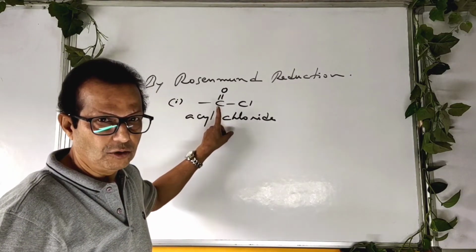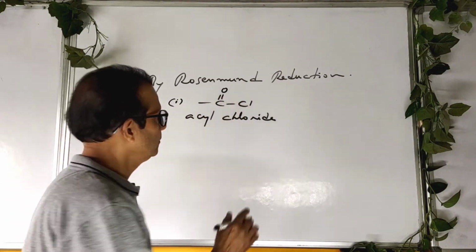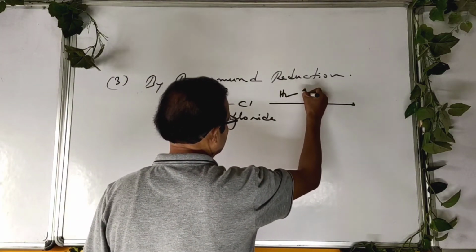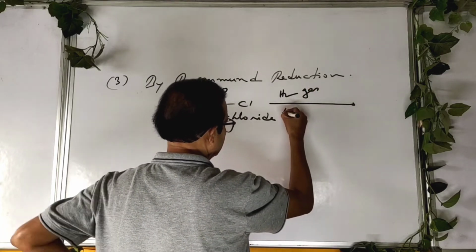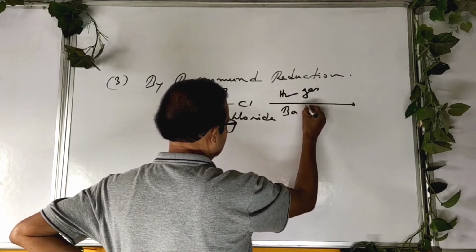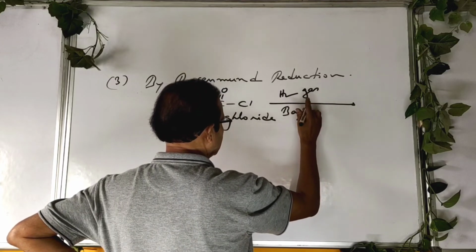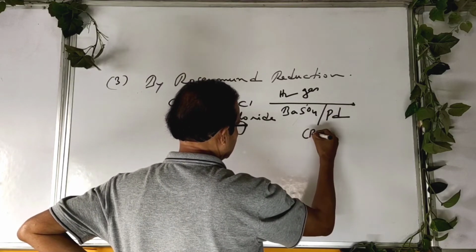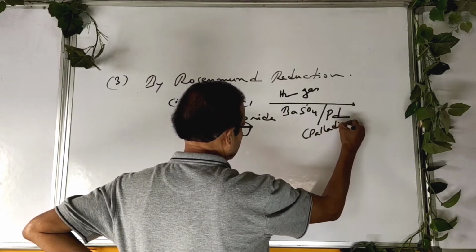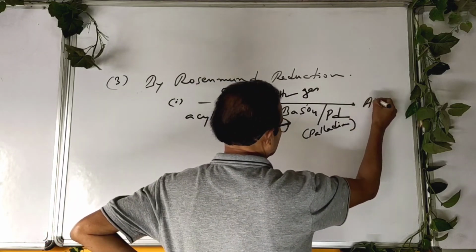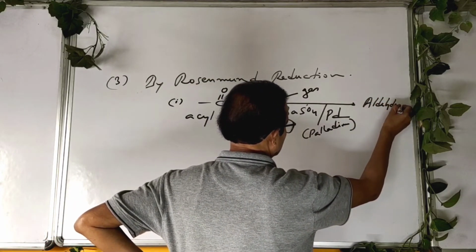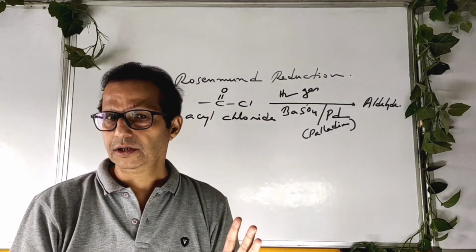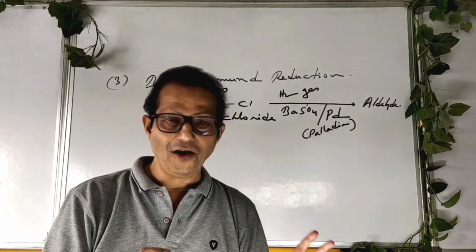This is acyl chloride group, COCl. Acyl chloride group, any compound, whether aliphatic or aromatic,